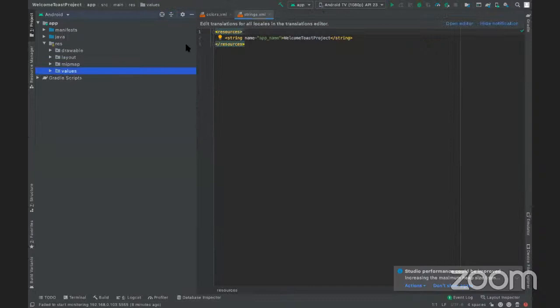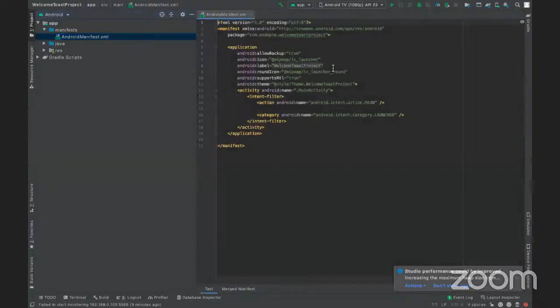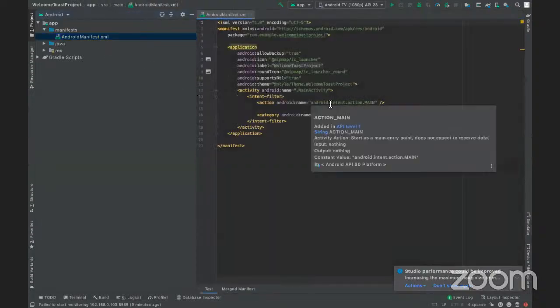Okay, so we have just understood what the resource folder is exactly, what the drawable folder, layout folder, mipmap folder, and values folder are. We got to know what the Java folder has. And now the main folder, which is called the manifest folder as well. Basically, the manifest folder will have some kind of files, and all of your project information, this manifest file will have. Maybe you can consider it as